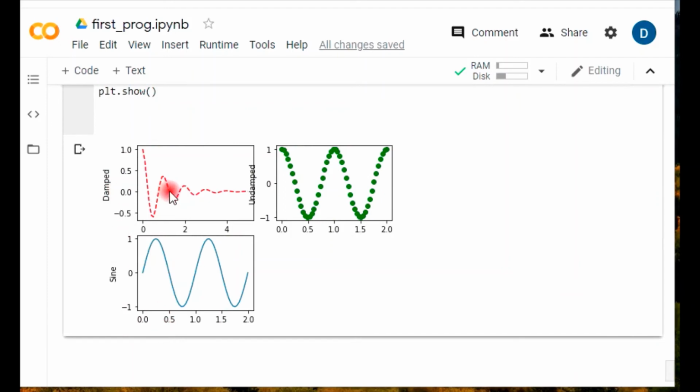So you see here, it is a damped one first, which has exponential decay, and here we have the cosine one which shows the undamped, and the third one is a sine. So here it is at the indexing of 2 rows and 2 columns: the 1, 2 and 3. Similarly, if you have another one, you can easily give the index to it. It will come in this place and will create the fourth one. So this is really the high simplicity of the Python language to create such charts and subplots.